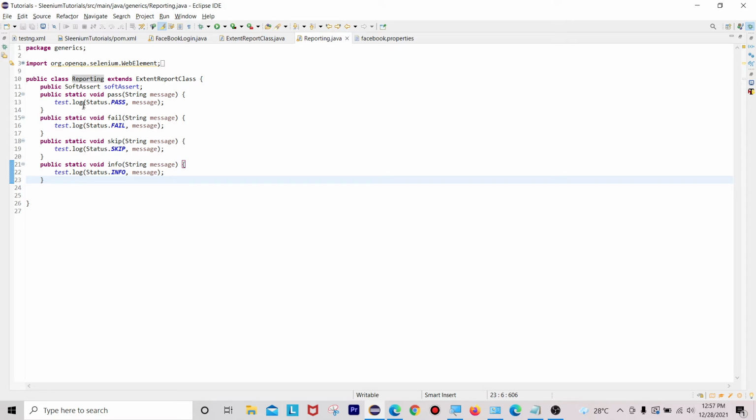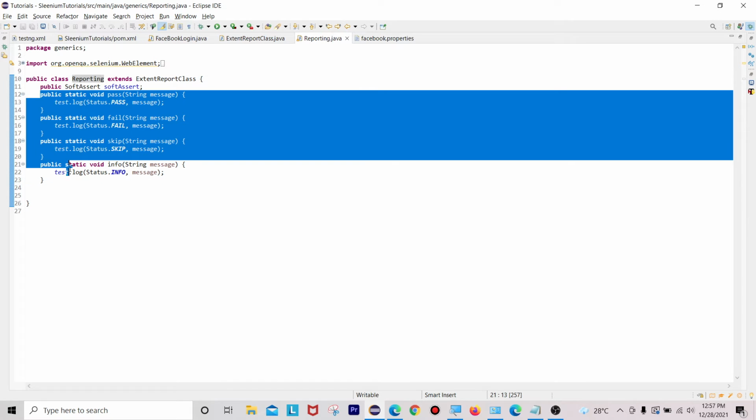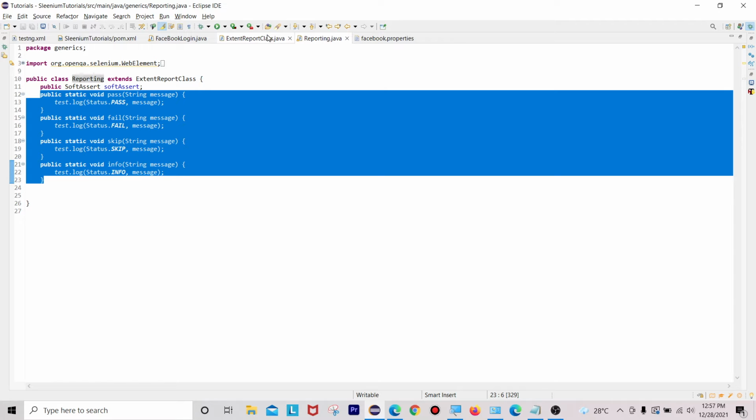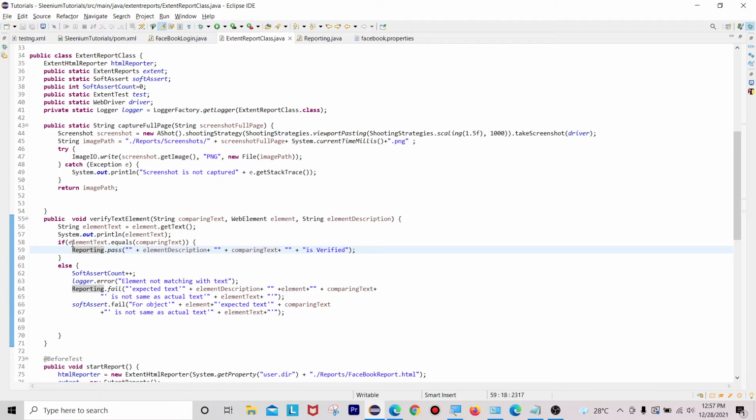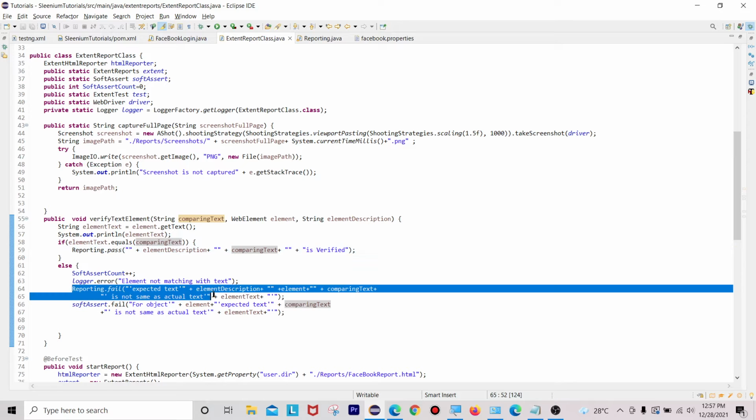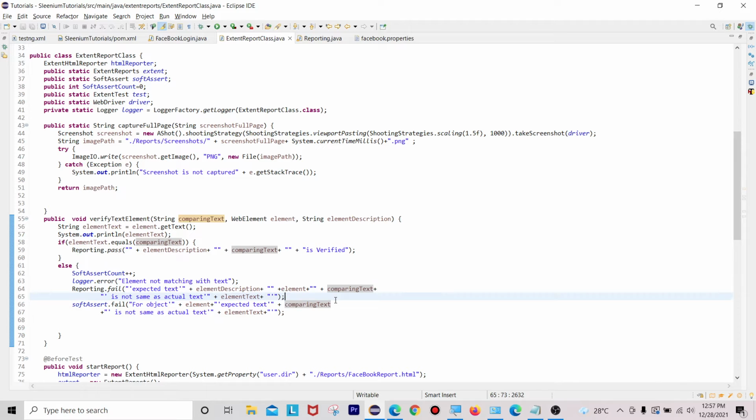For that reason I am creating one more class where we can store all these methods, and the same methods I am using inside this verifyTextElement method. If the test case passed, it got verified successfully, and you will get that the text is verified, meaning expected and actual text are verified. If it is not matching, you print that the expected text is not matching with the actual text, right? So this is about our verifyTextElement.